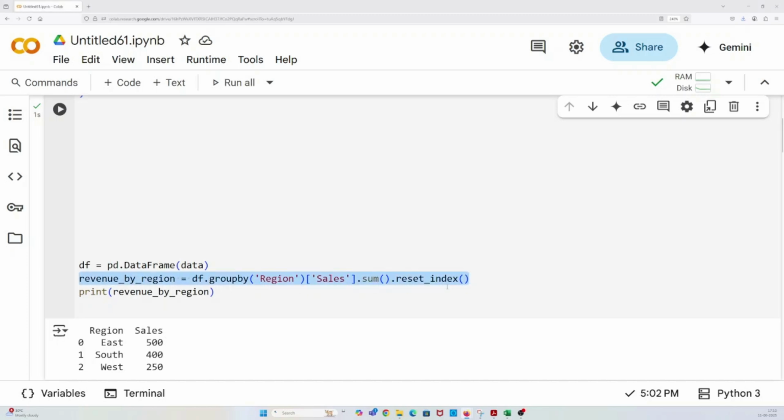This is the most important line here. We start by grouping the data frame by the region column using .groupby('region'). That means Pandas will organize the rows into groups: one group for east, one for west, and one for south. Then we access the sales column within each group using ['sales'] and apply sum to get the total sales per